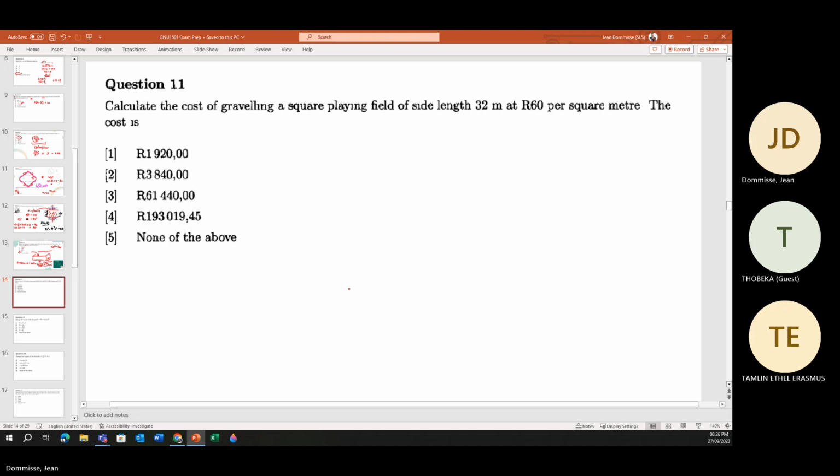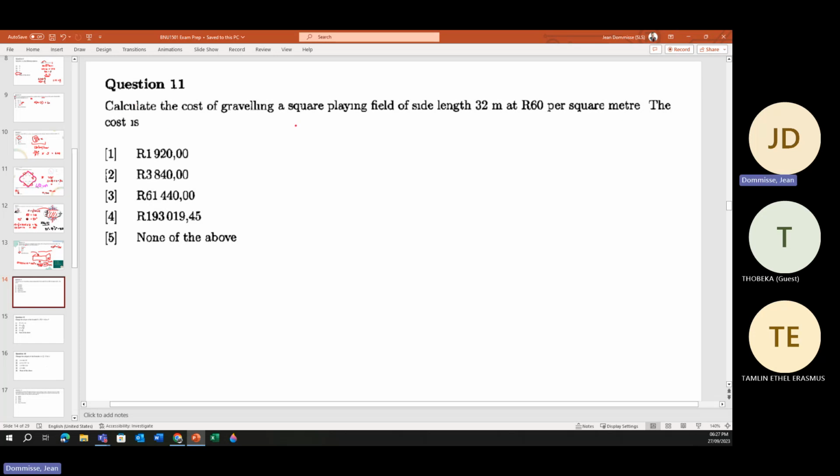Okay, and now we're going into a bit using the information around area, but then adding costing to it. So that we work out how big the area is in square centimeters or square meters, and then we will need to multiply that with a costing to get your final cost. So let's look at this